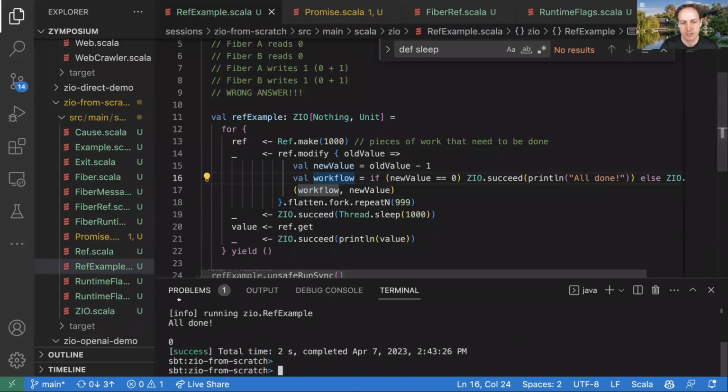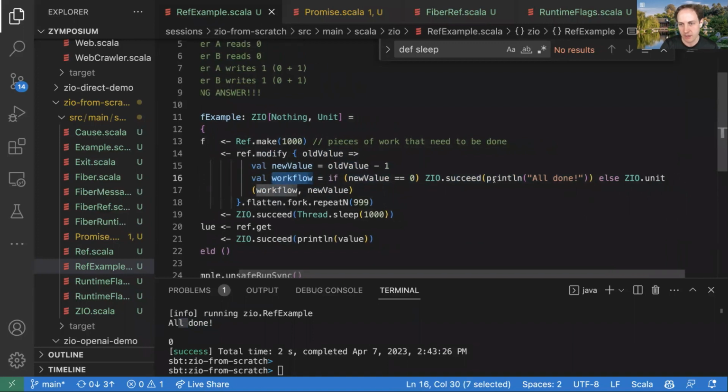And so you'll see, even though we said you're not allowed to do ZIO workflows within the modify, I can still do a workflow based on the modify operation. And so this is, I would say, a pretty common pattern where you update something and then you both update the state and you decide some other work you want to do based on that. So like here, I just printed all done if I was done and otherwise I didn't do anything, but I could also